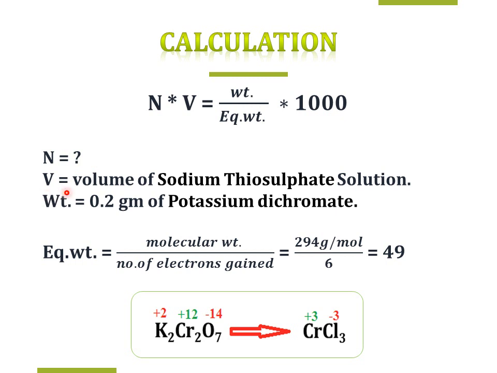The volume represents the volume of sodium thiosulfate solution from the burette. The weight is equal to 0.2 gram of potassium dichromate primary standard. The equivalent weight